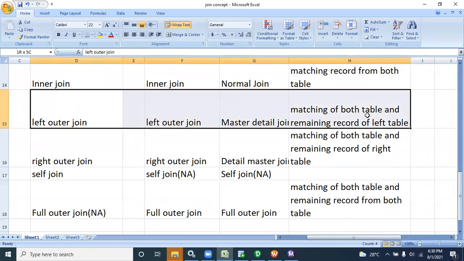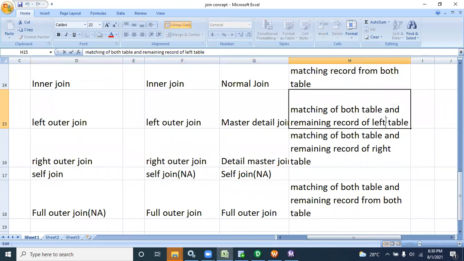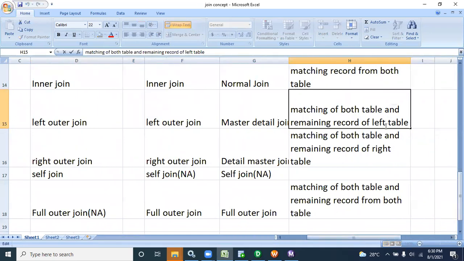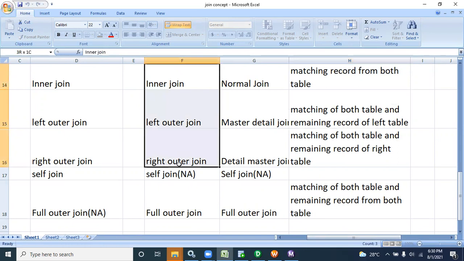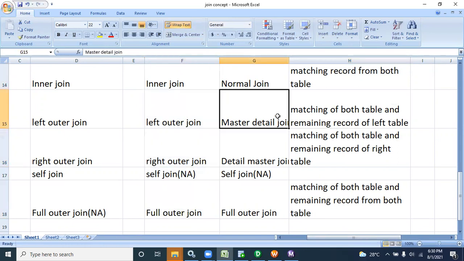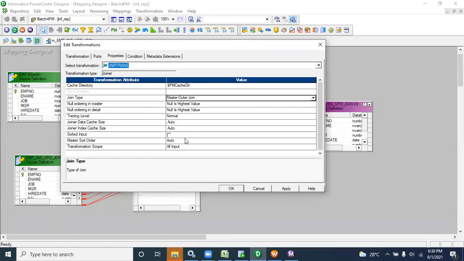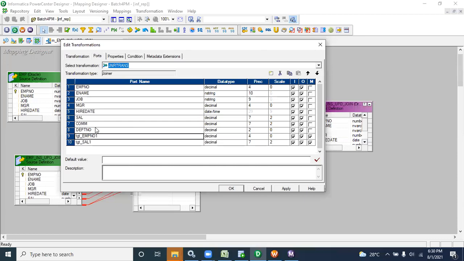Master detail join is the matching of both tables and the remaining of the detail table. I am writing these things based on Oracle. Remaining from the detail table means you can use the master outer join.